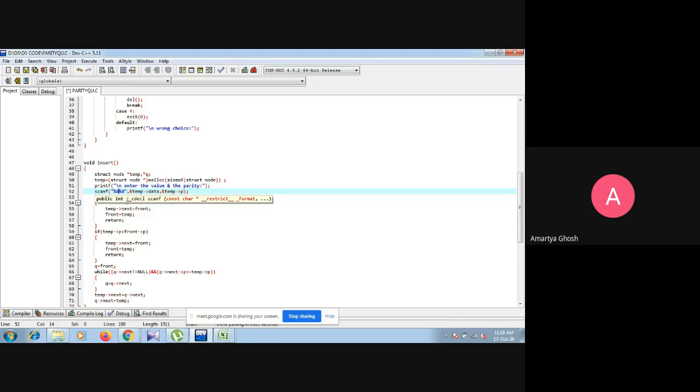So %d %d, because priority and data are both integers. The first input is stored into ampersand temp arrow data, and the second input, the priority, is stored into temp arrow priority, that is the temporary node's data part and priority part, containing the two inputs respectively. Now we have to think that if the list is not created, this node is the first node.